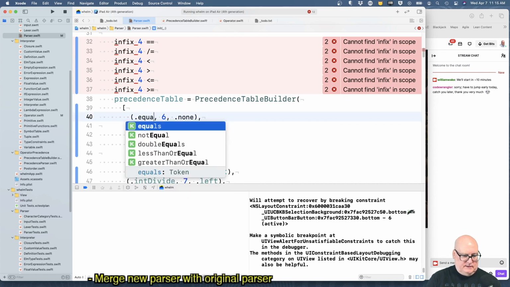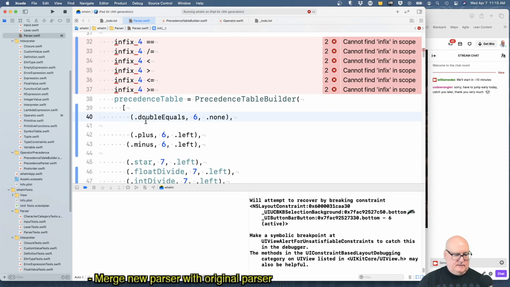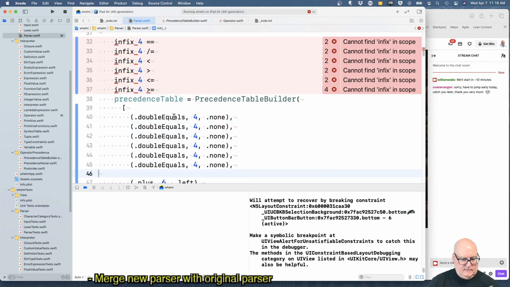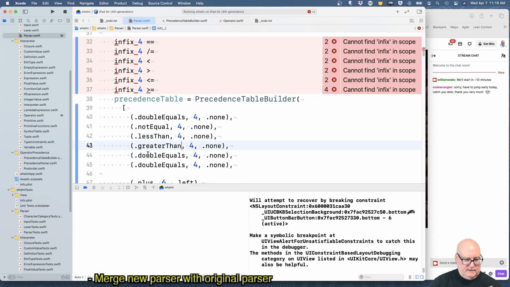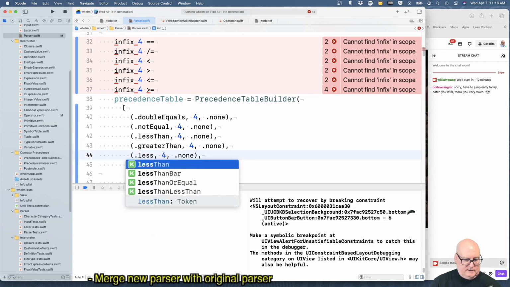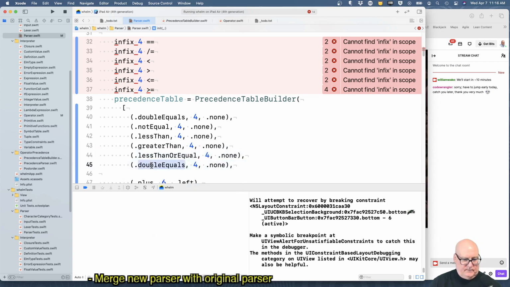Okay, this is equals, double equals. Precedence for none. Not equal. Precedence for none. Less than. Greater than. Less than or equal. Greater than or equal.